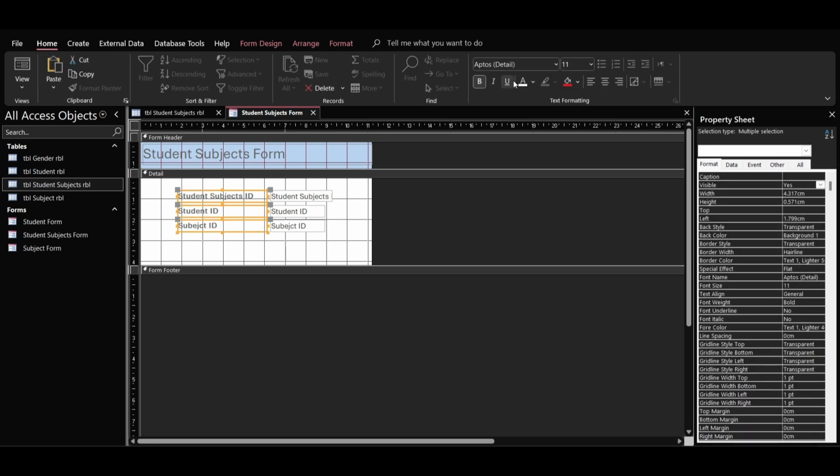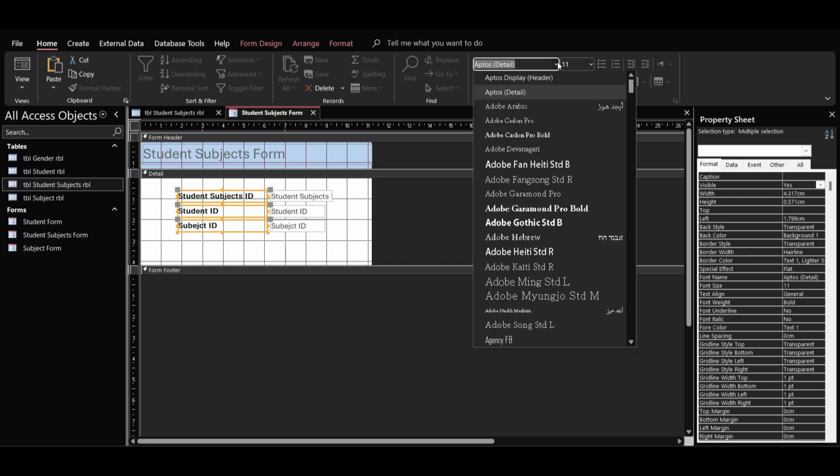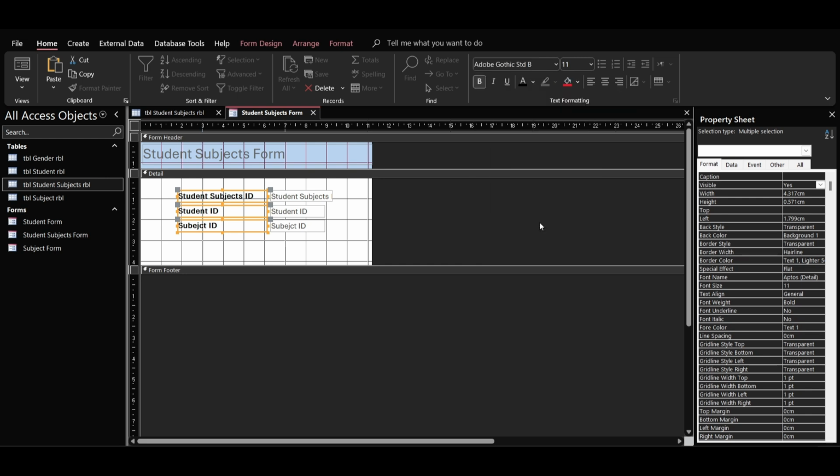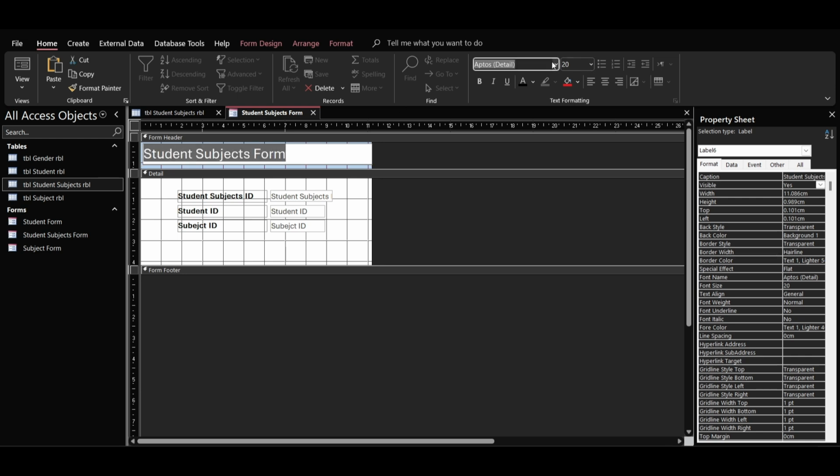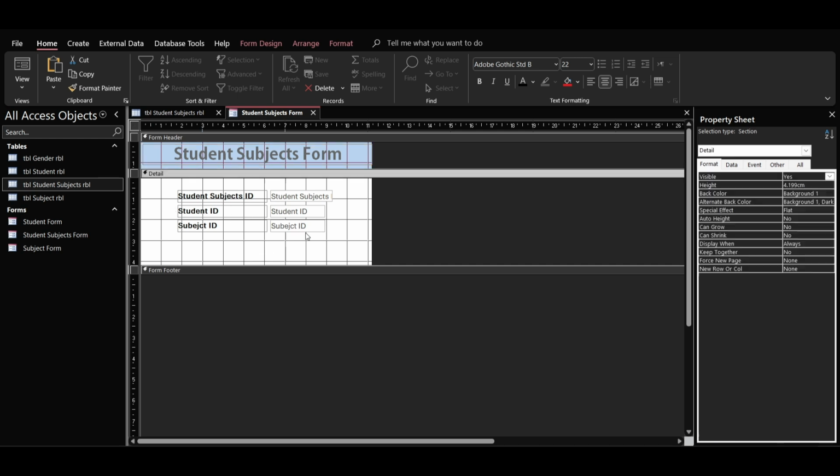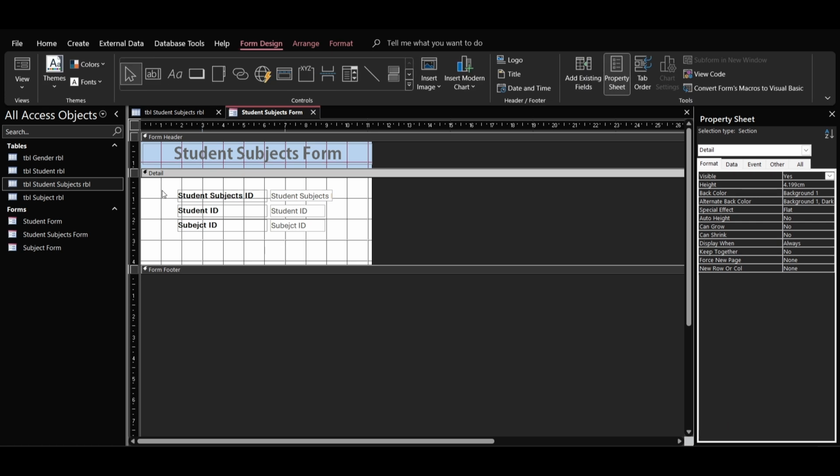And then modify natin itong color, font style. Dito lang, hindi tayo mag-change ng font style. So font style, then adjust natin yung size. Masyadong malaki. So yan, and then center natin. And then next is add tayo ng button. So punta tayo sa form design, and then